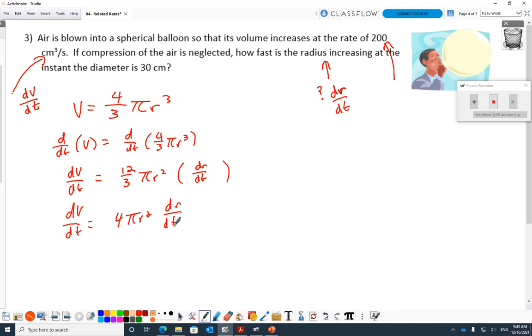Okay, so what? I'm feeling pretty good because dr dt is what I wanted, right? So you don't have to isolate here. You could just start subbing in right now. But I'm going to do it just to show it off here. I'm going to go dr dt then would be dv dt over the 4 pi r squared. And I've exchanged the sides there just because dr dt is the one that I really wanted. And then sub in dv dt